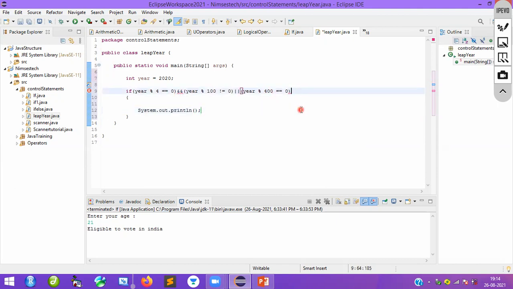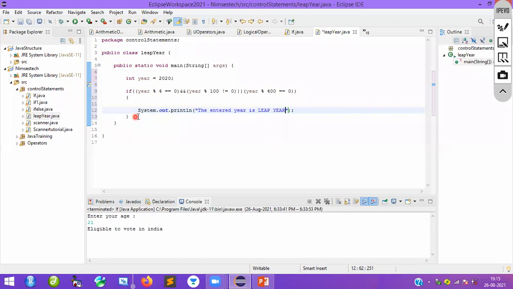I'm going to put the bracket here, guys. That's why I forgot. I will put one more bracket. Okay, now fine. So this entire condition, from year to year, if all of it gives you a true value, what are you going to get here? You are going to get: the entered year is leap year. Okay, leap year. Clear? So that's it.